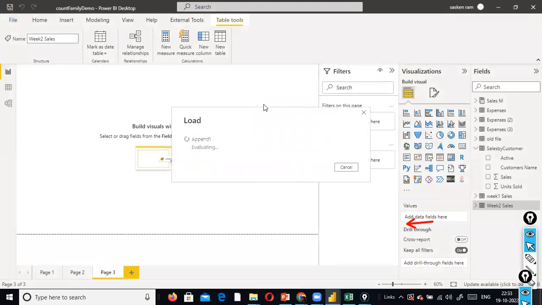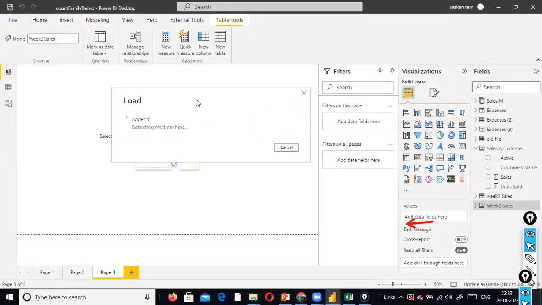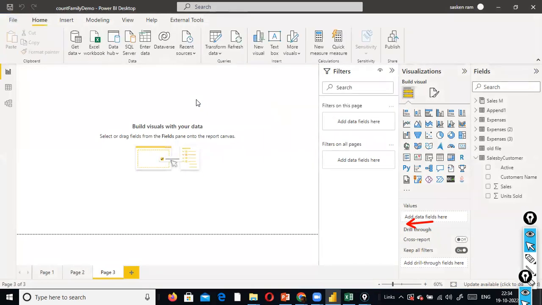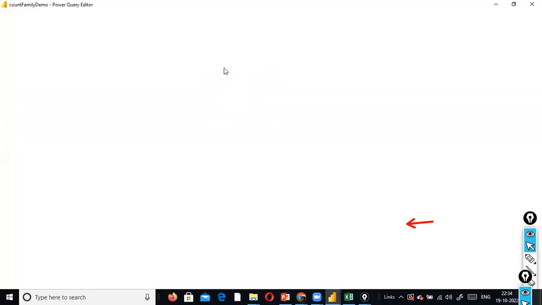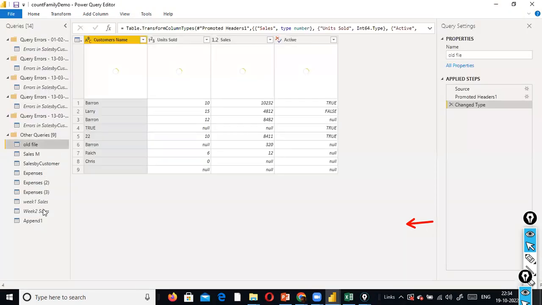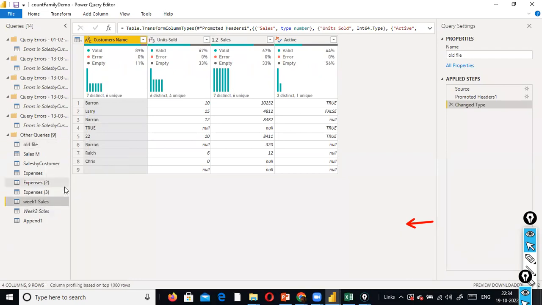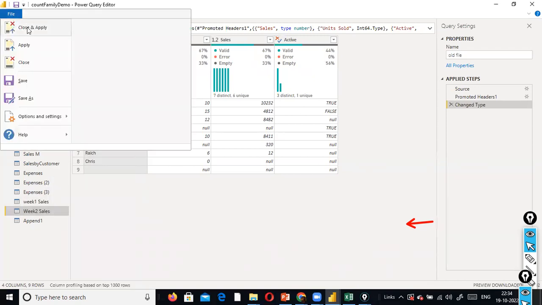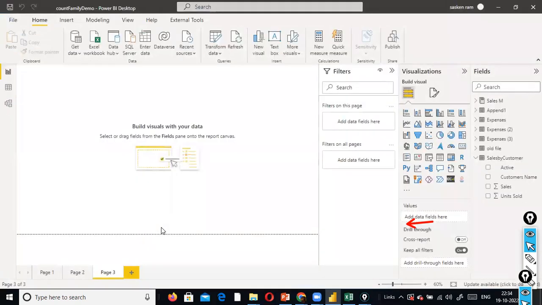this is very important, though the idea is very subtle here. Okay, it loads append one. Good. So here it took into account only append one. Very good. Okay, supposing, so in this case, look here, append one, right? So this one. I just show you this one. I just enable this one as enable load, and then I right click on it, yeah, this one got selected. When I click on close and apply, what will happen is,